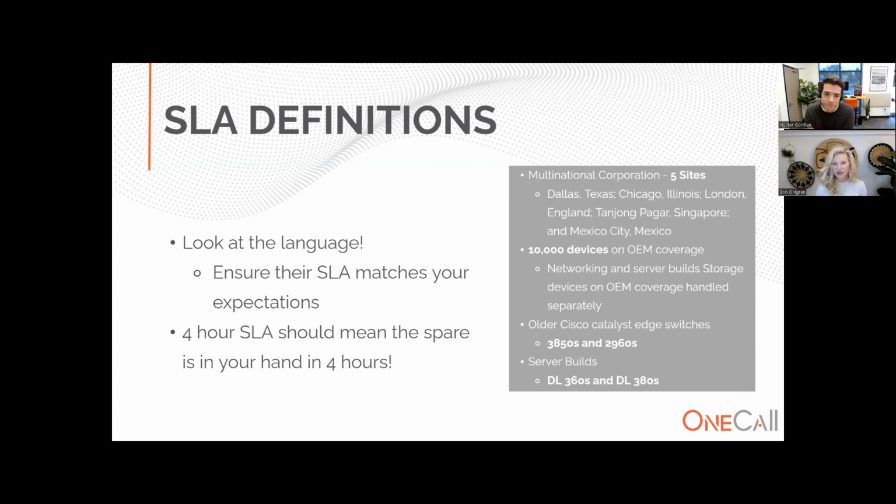Yeah, so SLA, service level agreement, right? That's the fine print. That's the T's and C's. So you really want to work through that with the TPM provider and ensure that your expectations of what 4-hour looks like match what they're going to provide. Oftentimes, TPM providers will say 4 hours is actually just 4 hours to respond or to open a ticket. And then there might be delay tactics and troubleshooting. If, say, they don't have the spare available, they might try and push it off. And then what was a 4-hour SLA might become next business day or even 2 business days. So it's really important to work through and make sure that you're apples to apples